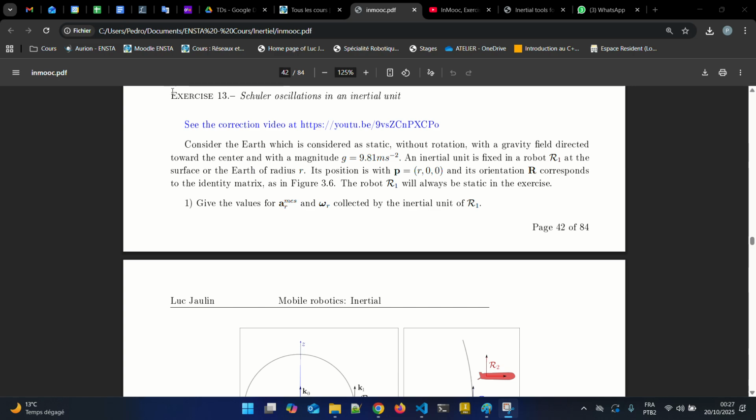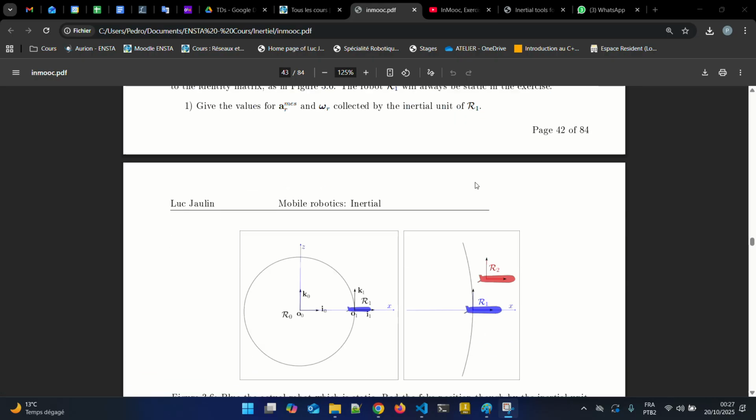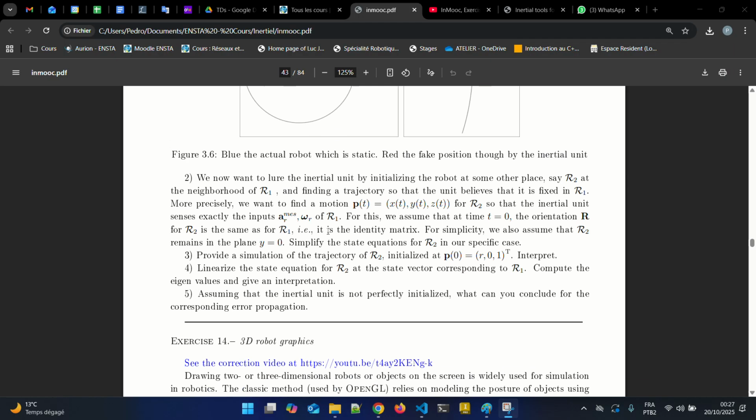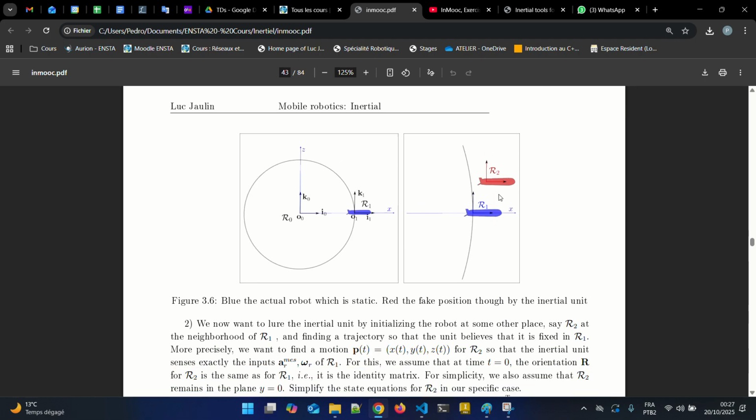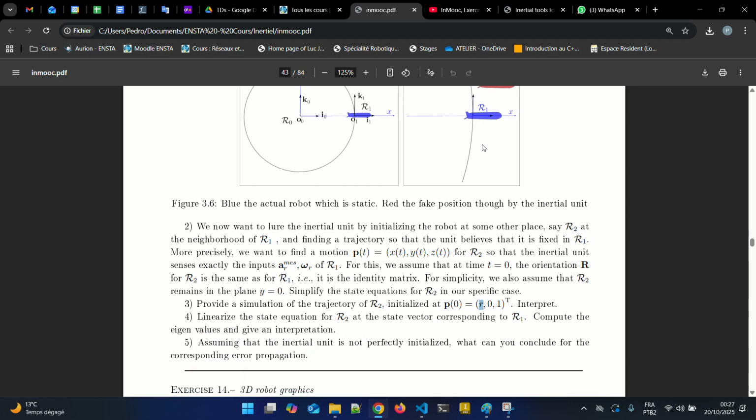So we are in exercise 13, shoulder oscillation in the inertial unit, which essentially talks about the nature of the error that arises when we have not properly initialized our inertial unit in the robot. And we are in item number 3, which has the object of providing a simulation of the trajectory of R2 initialized at a point, this point R01, and R is the radius of the Earth. So it will be initialized here,